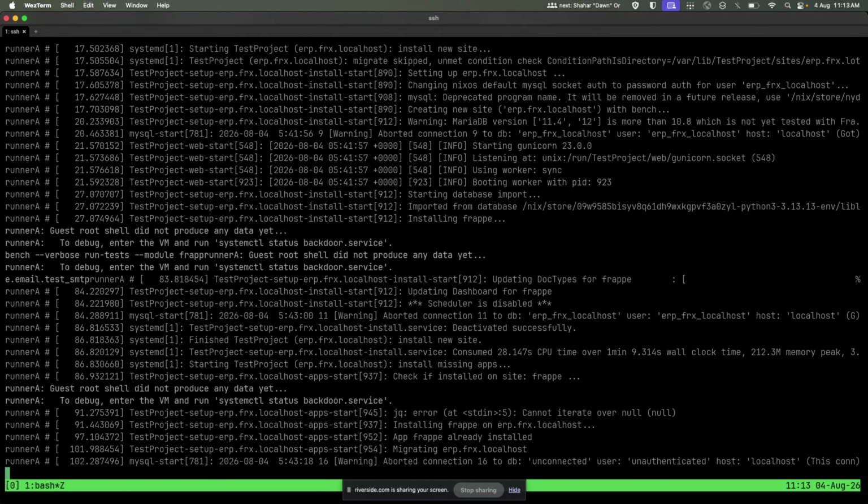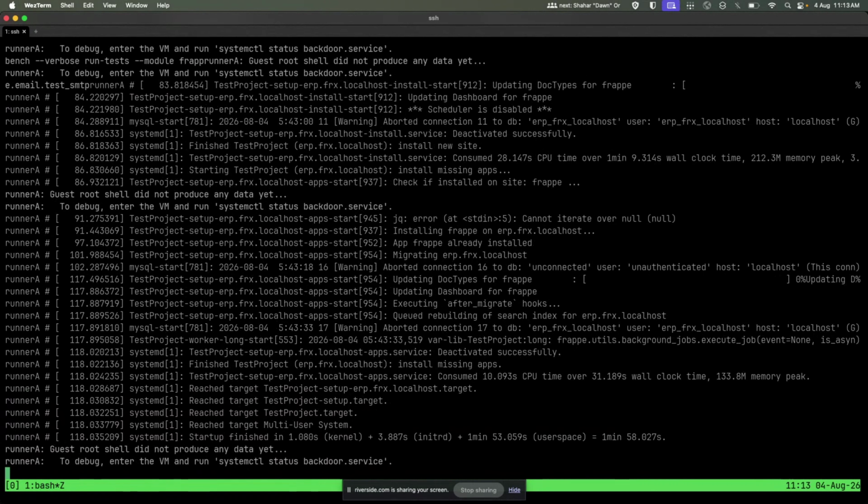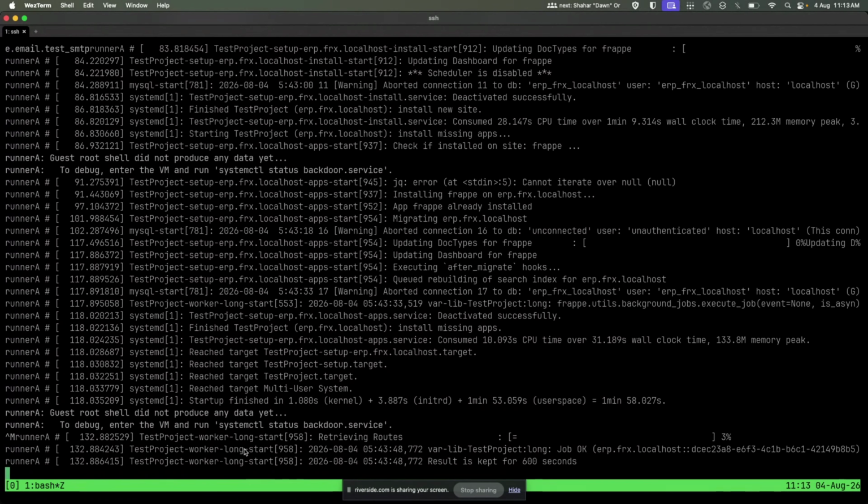Yeah. Still doesn't say startup finished. Oh, now it says. There. Enter. Oh, that enter? Yeah. I think this thing, it says guest root shell did not produce any output yet. That is the